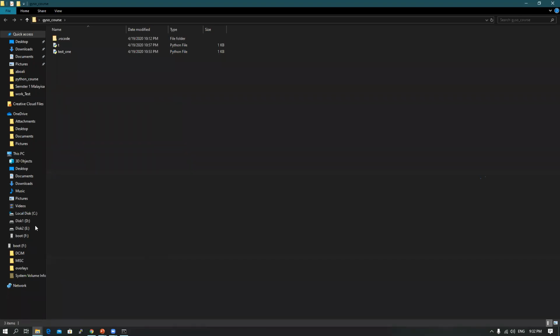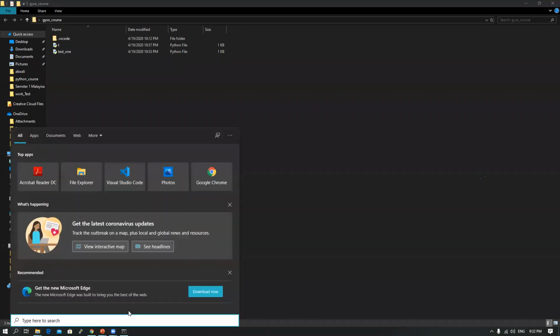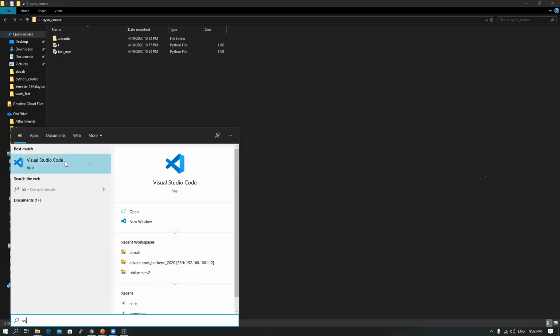So let's start showing you how to use Visual Studio Code, and if you have any questions, you can ask directly. So let's go to Visual Studio Code. This is Visual Studio Code. Now we have Visual Studio and we have Visual Studio Code. Visual Studio is a great tool, but it is mostly used for enterprise companies and so on,